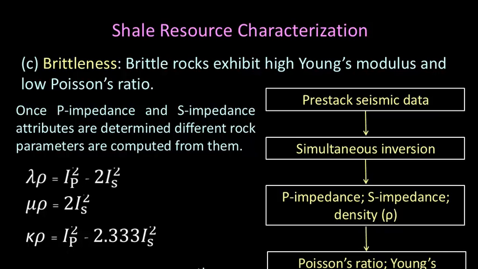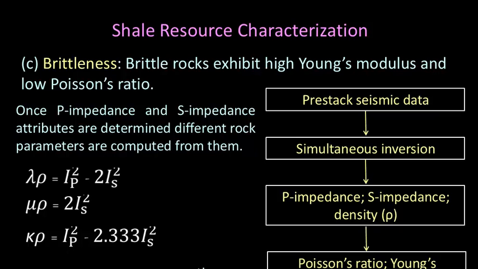There's another one that I'll talk about in a moment, a new attribute. I'm not sure if you've heard of that, but we find a lot of value in using that, especially for data sets where we don't have long offsets and we cannot determine a density attribute. So this is simple now.